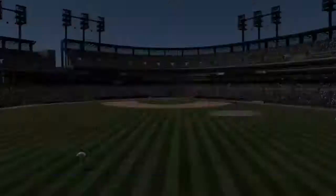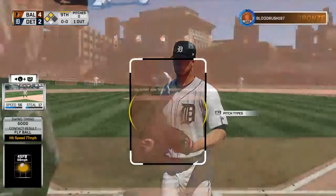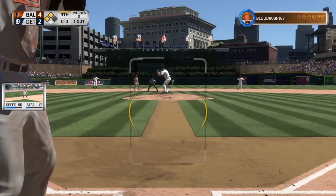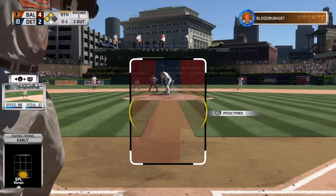Ready now. Steve Geltz. Danny Valencia. Your attention, please. Now pitching for the Tigers. Started to go down after it, and he couldn't hold back. It's strike